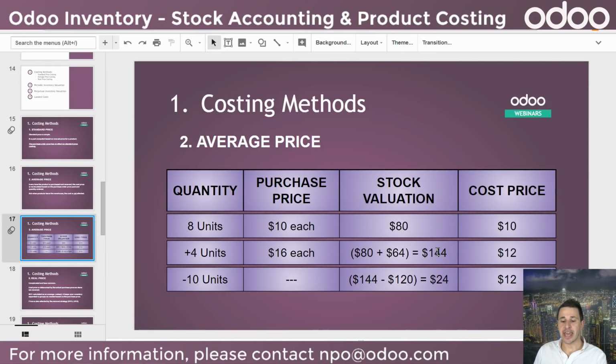But because I use the average price, the cost price per unit would be 12. So 12 by 12 is 144. And if I do a third action, which is delivering goods to a customer, so I deliver 10 units, my stock valuation will be